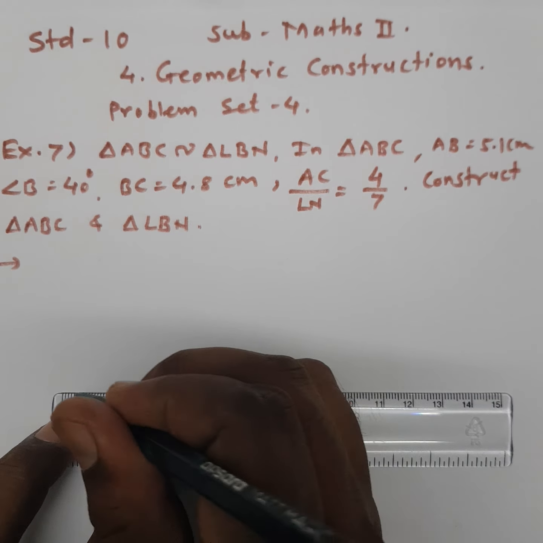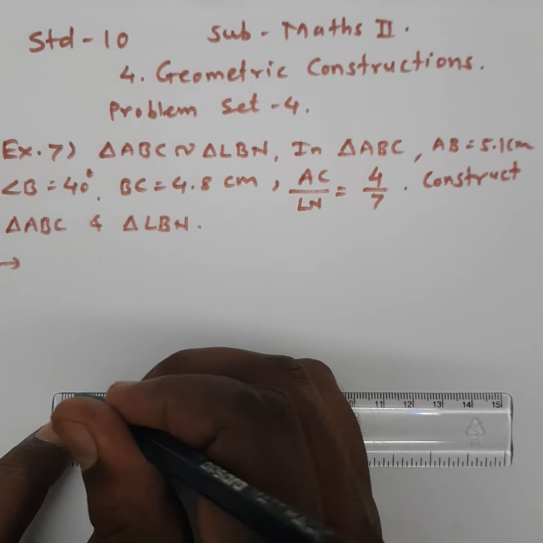Triangle ABC, similar triangle LBN. Now we will construct our final triangle ABC and triangle LBN. It is a rough figure. Now first we will construct triangle ABC, side BC